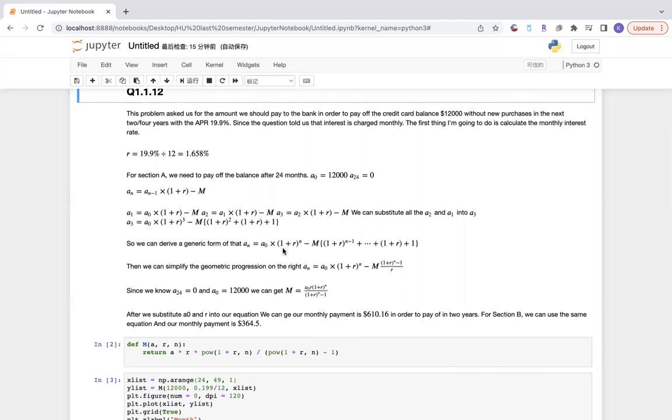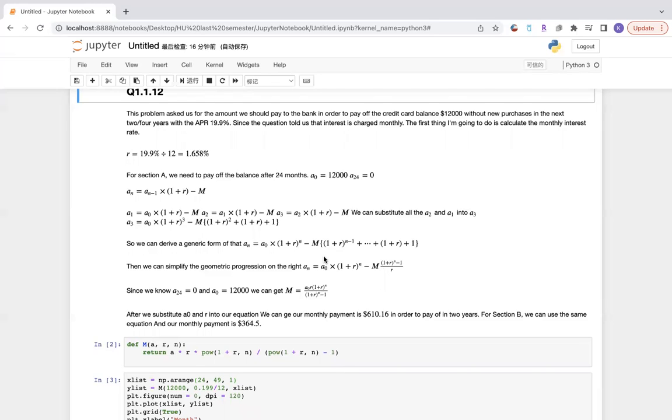So we can get a generic form of the monthly remaining balance A_n, and since the right part is a geometric progression, we can simplify it to